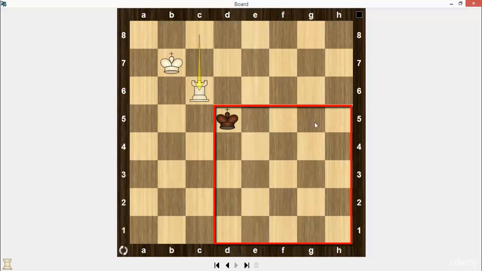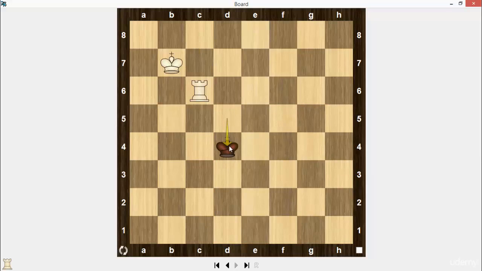d1, d5, h5, h1. King d4, king b6, king d5, king b5, king d4, rook c5, king d3, rook c4, king e3, king c5, king d3,